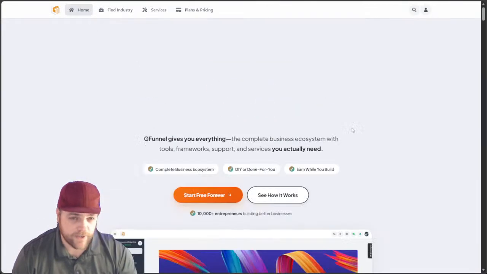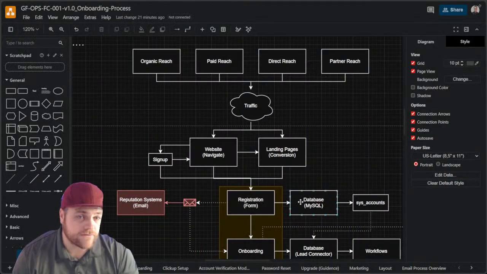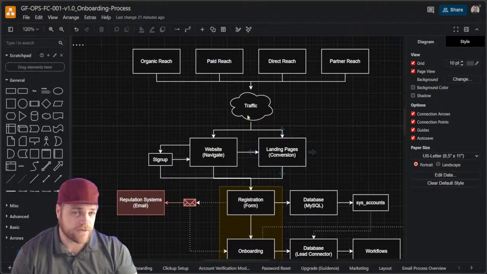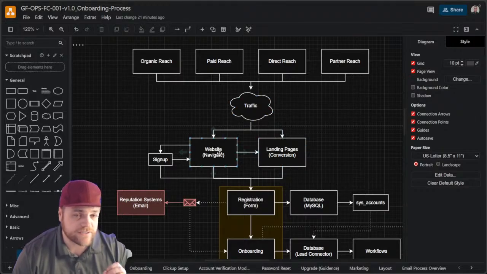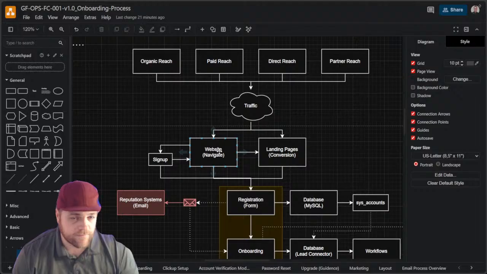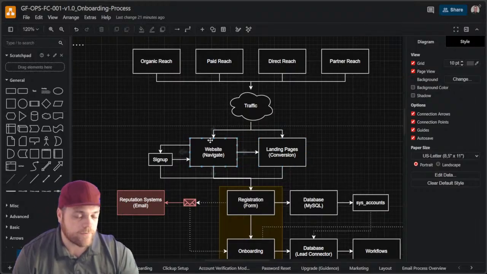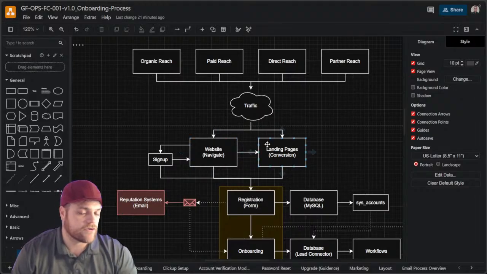So let's say this is the home page. We can make this look different, doesn't matter. The home page is navigation. So again, to restate what I was talking about, the home page is navigation. It's not really designed to convert people. The landing pages are designed to convert people. That's how you interconnect it. This is to navigate people based off of who they are, what they are, those type of things. That's what the home page is for, as well as some SEO value to bring people to the conversion pieces.